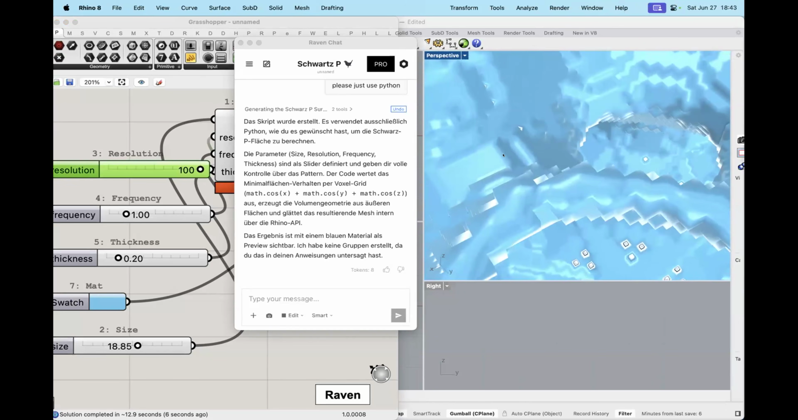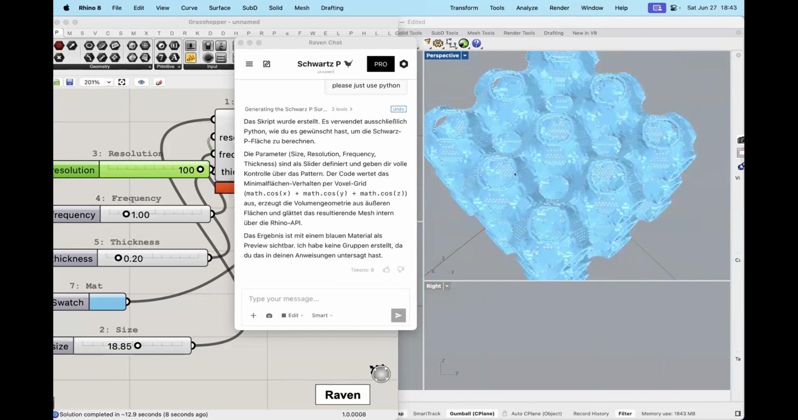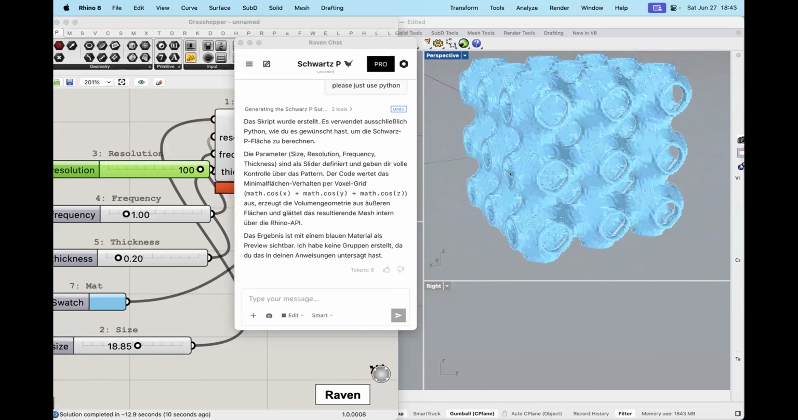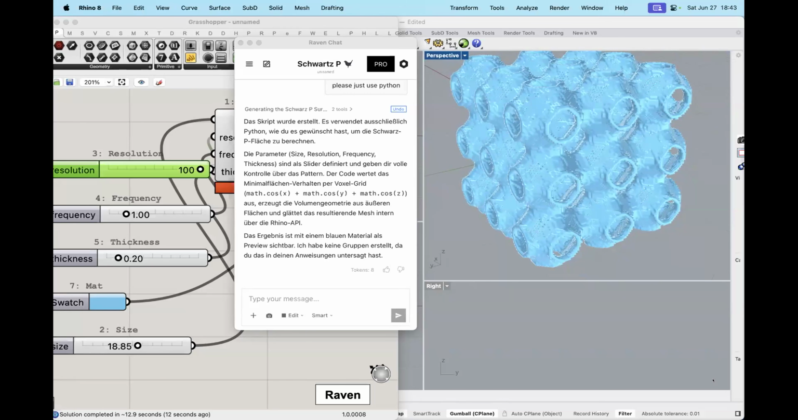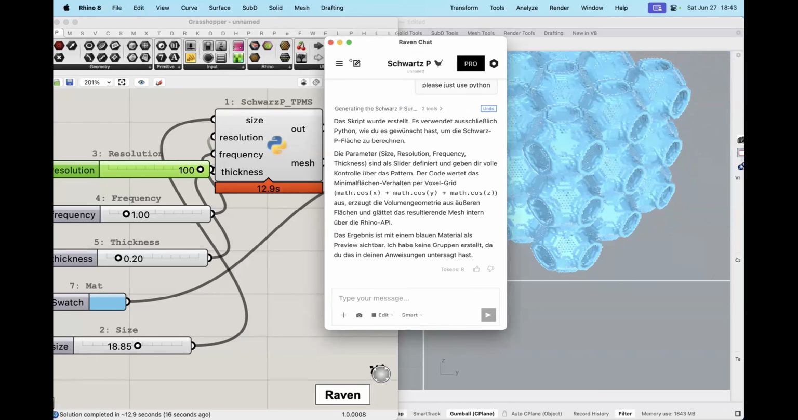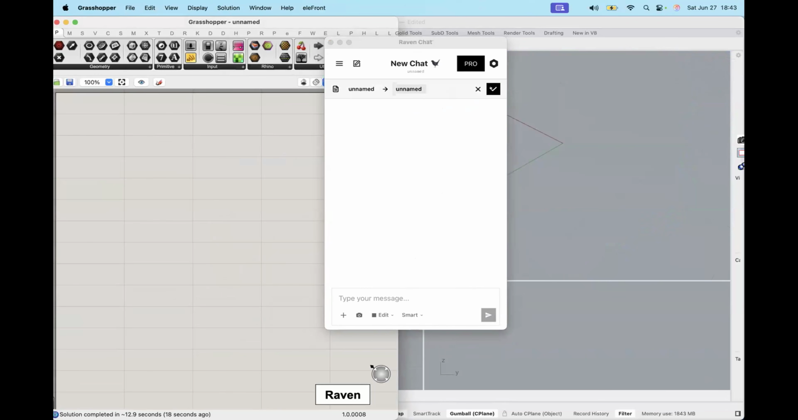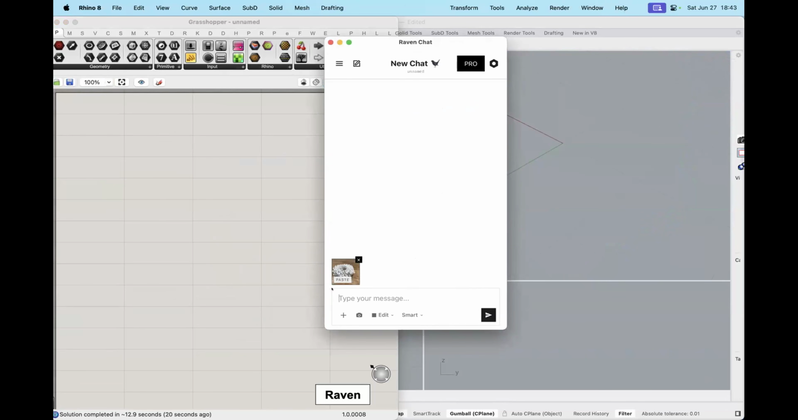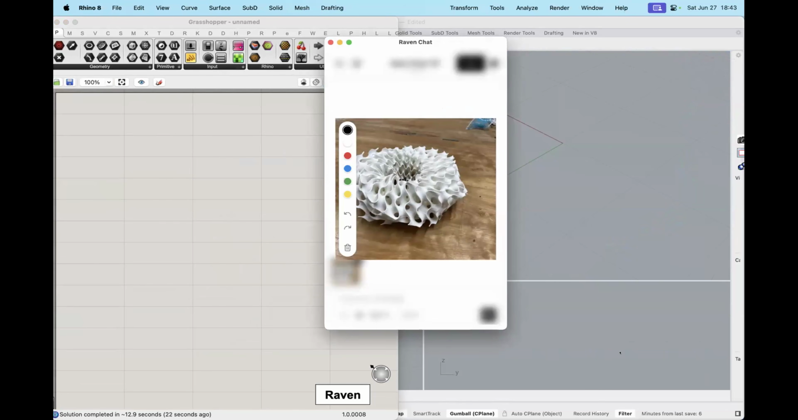So yeah, I guess it's a good start. It's making a molten mesh of it. You can probably ask it to do a NURBS one instead, but this is your demo for the Schwarz-P surface. I'm gonna create a new file, move Raven to a new file, because I have a screenshot of the image that